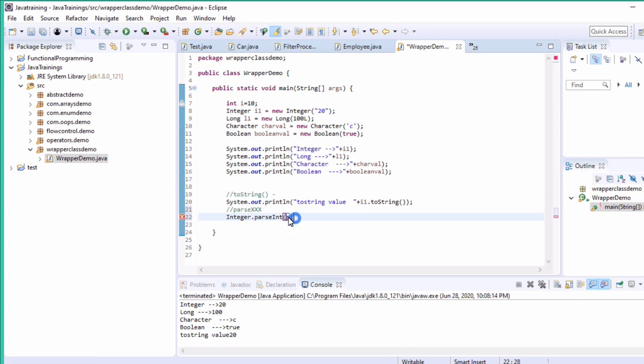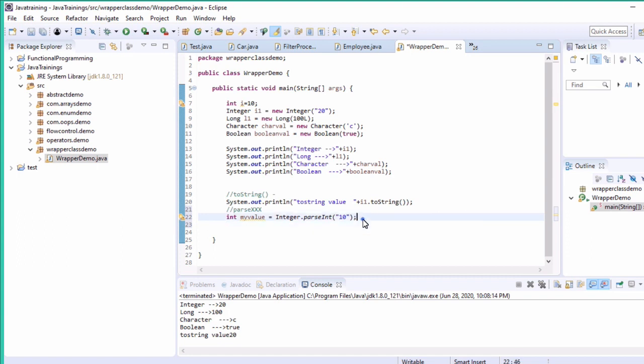Here you can convert a string value. Suppose I have 10, I can convert this 10 into a primitive type. So int myValue equal to Integer.parseInt. See, here you are able to convert your string into a primitive integer.